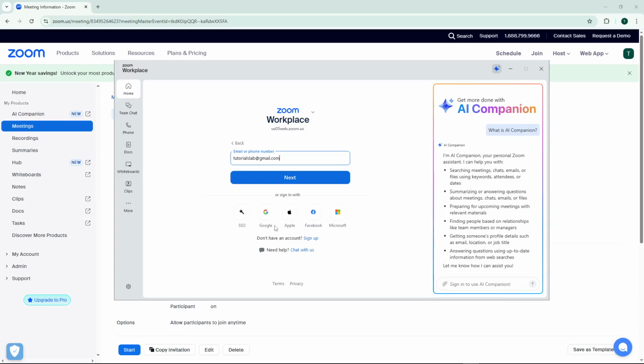For this tutorial, we'll sign in with a Google account. Look for the button that says Sign in with Google or shows the Google logo. Go ahead and click on that button. This will redirect you to a Google authentication page where you can select which Google account you'd like to use